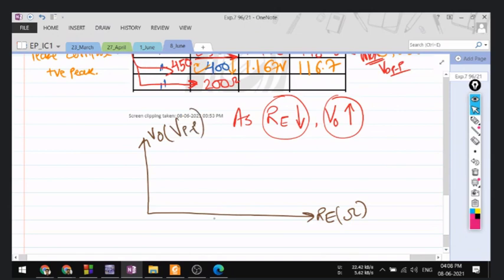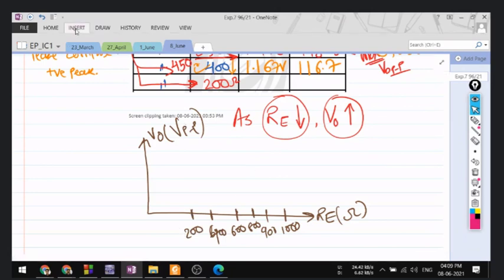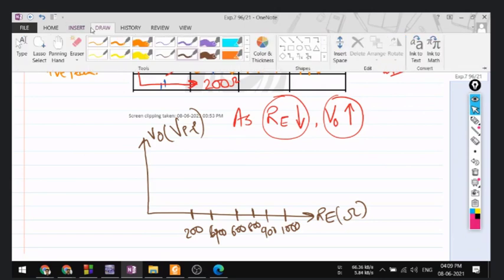So here you can see that RE is 1000, then 900, then 800, and so on. Let me say somewhere over 600, 600 is here. Let me say 400 somewhere over here. Actually, this scale will be a linear scale. I am drawing randomly. So here you can see, student.